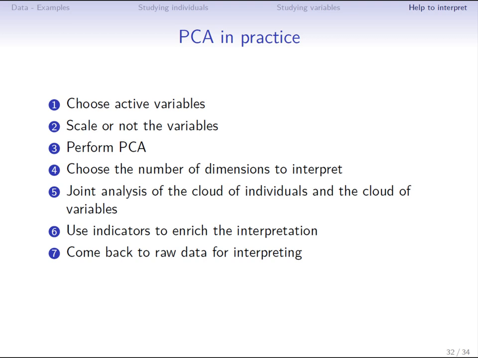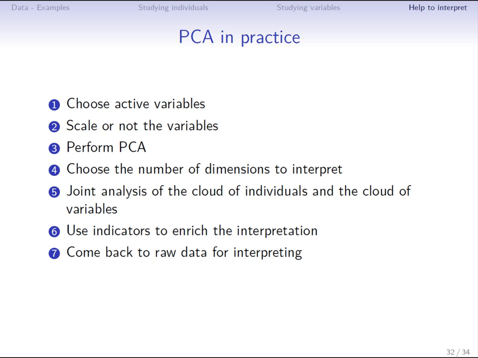Standardization is essential when the variables are in different units. When the variables are in the same units, both solutions are possible. Standardization means that every variable has the same importance. Not standardizing the data, therefore, means that each variable has a weight corresponding to its standard deviation. This choice is also more important when the variables have different variances.